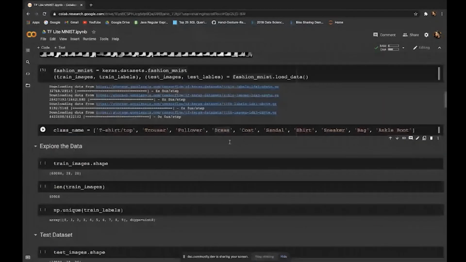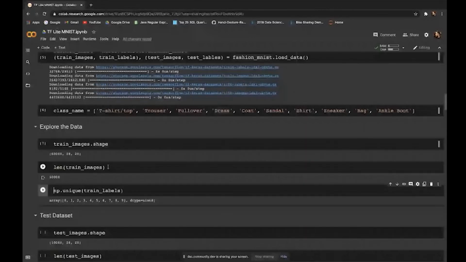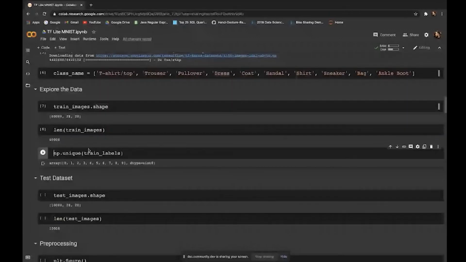Now it's time to explore the data as well, because EDA is very important. Let's get the shape of the training images. The input image size is 28 by 28, that is height 28 and width 28, and we have 60,000 training images. You can clearly see that my classes range from 0 to 9.